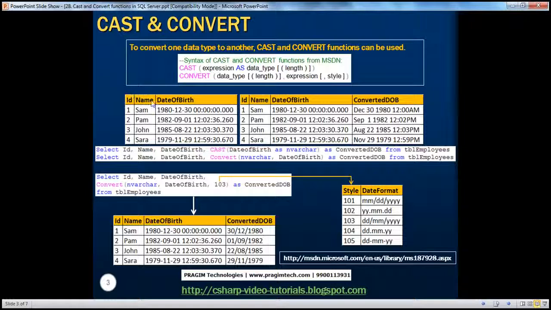If you look at this table, I have got three columns: ID, name, and date of birth. What I want to do is get the output like this. The second table has ID, name, date of birth as it is, and a converted date of birth. In the output, I want a three-letter month name and an AM PM for the time. Instead of displaying it like this, I want the date to be displayed as shown in the converted date of